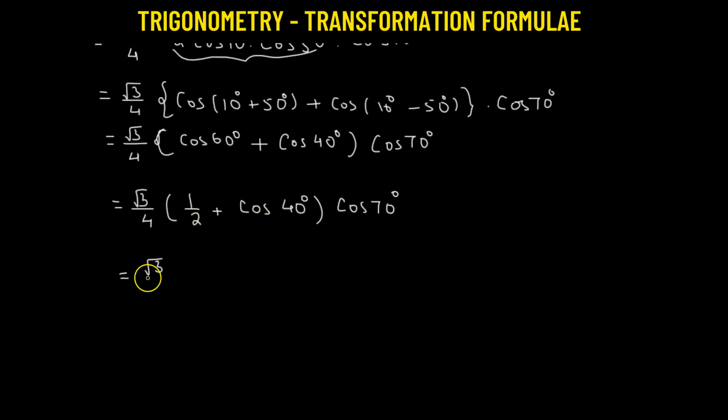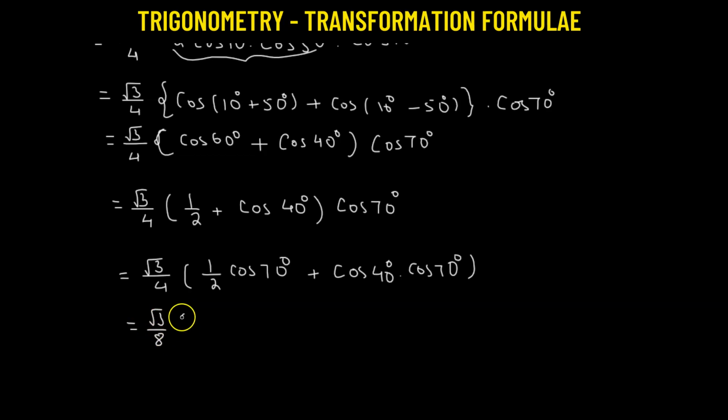Now let's multiply 70 degrees to each of the terms within the parentheses. So we should get square root of 3 over 4 multiplied to half cosine 70 degrees plus cosine of 40 degrees times cosine of 70 degrees. Now what we'll do, we'll take half as the common factor. So we should get square root of 3 over 8 multiplied to cosine of 70 degrees plus 2 times cosine of 40 degrees times